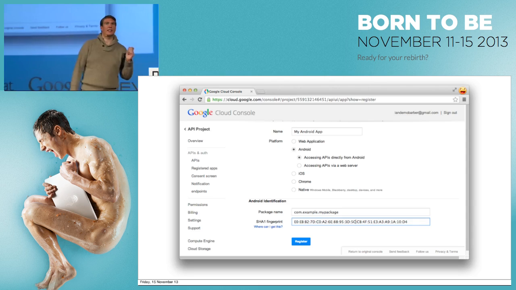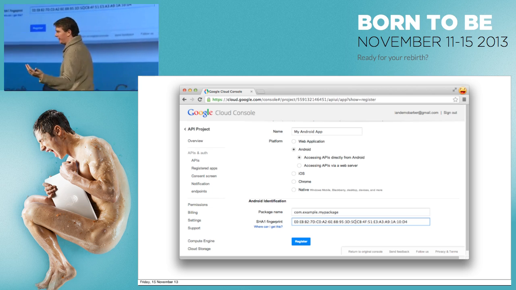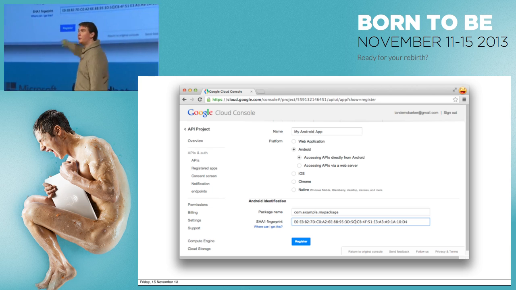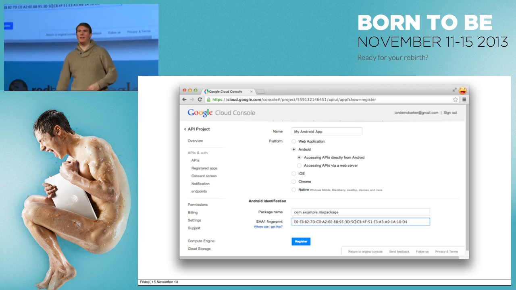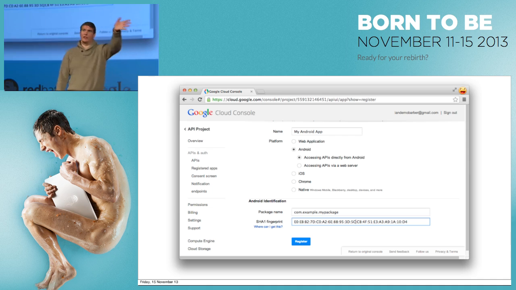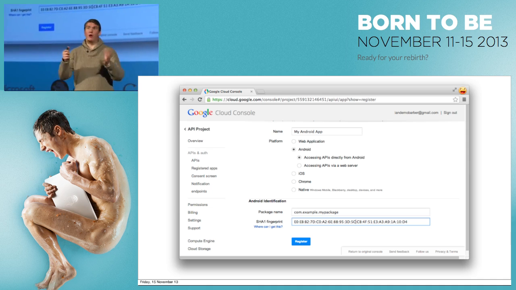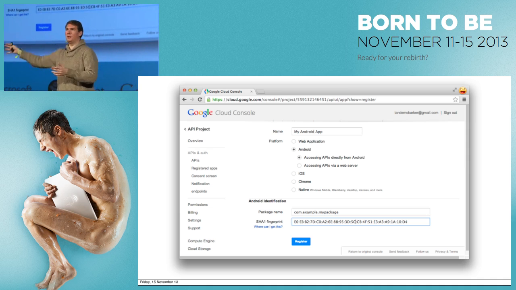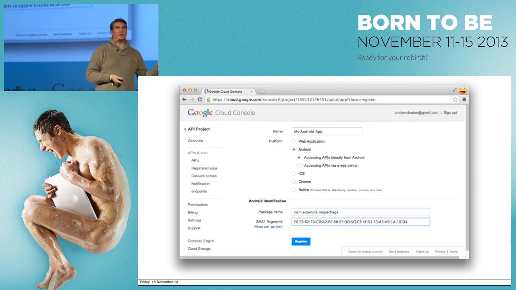So we need to create a client in our console for this. I'm sure most of you have seen an Android client ID before, but if you haven't, note there are two things in it. There is the package name, and that package identifier is just your regular com.example.myapp. And that is used for identifying the application, for doing the deep linking installs to the Play Store, that kind of stuff. And the fingerprint of the signing key.